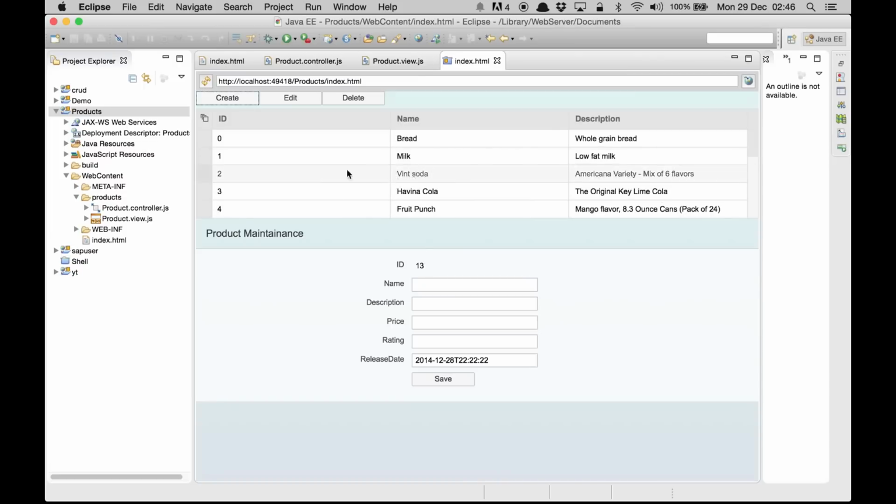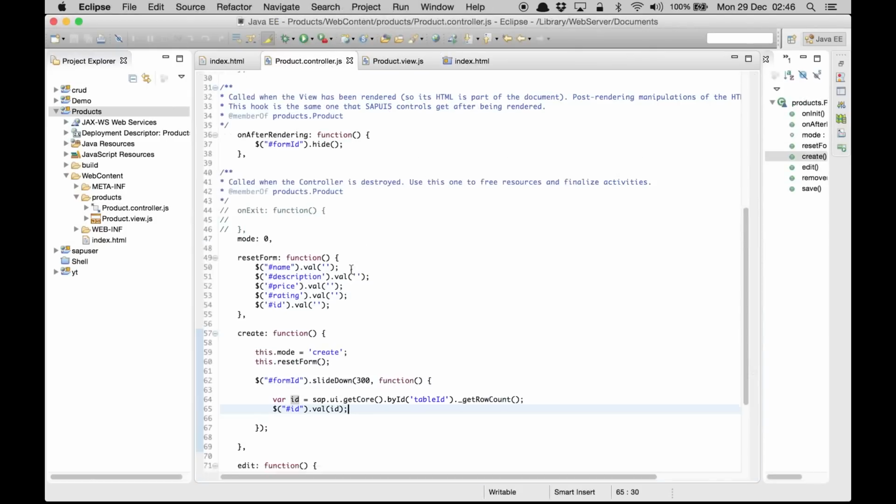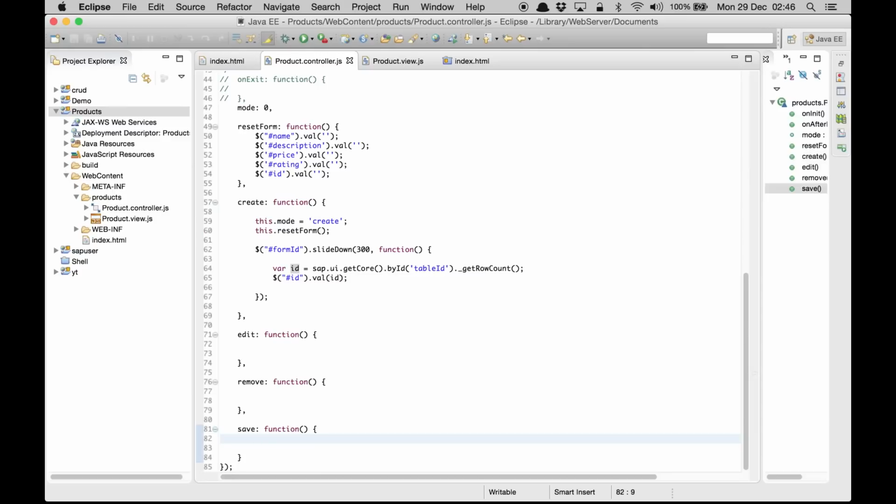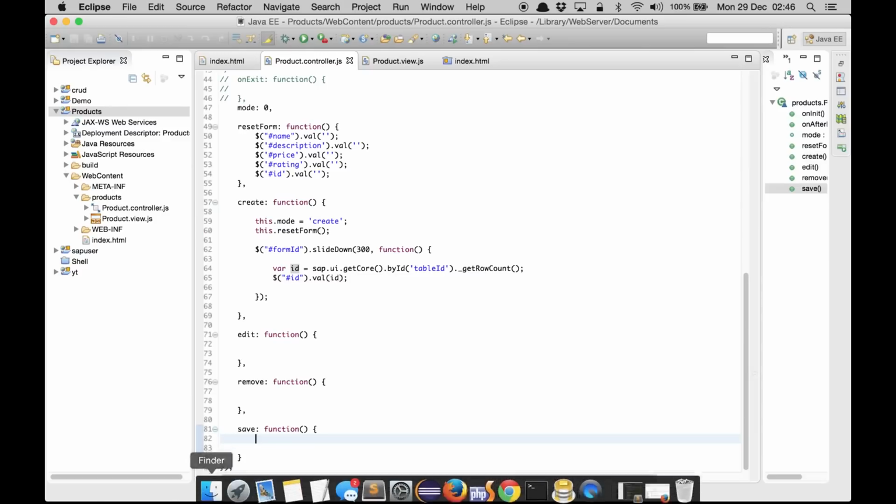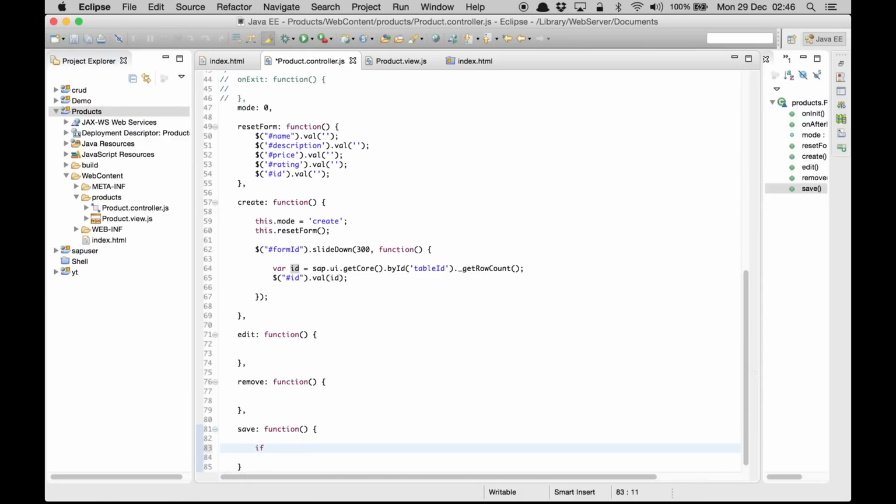There are already 12 records over here, and I told you there is a redundancy in the records. There's a public service, so people are creating, deleting, and using this service. So the ID is going to be 13, and when we write the name and everything and we hit on save, it is going to trigger this save function, and here we are going to create. So first we check if this dot mode is equal to create, then it will create